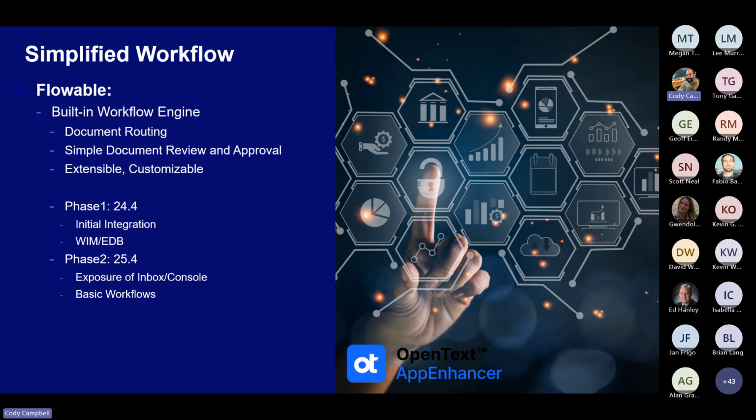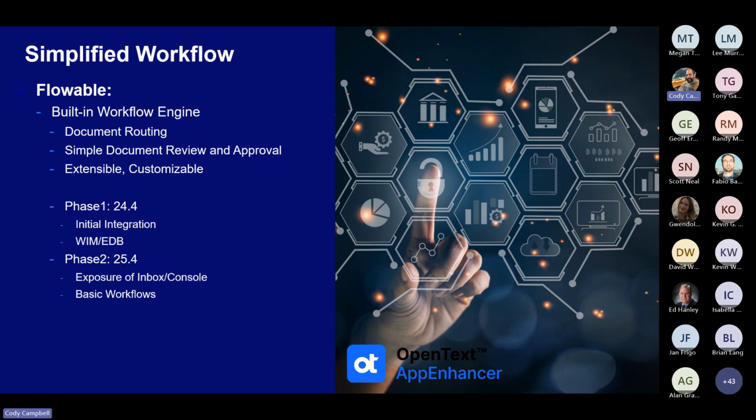But it's really around simple review and approval. Take a look at this document and let me know that you've looked at it, and that's where the approve comes in. It's almost like a simple core signature workflow where all you want is to sign it and have it come back signed. Well, in this case, it'll come back with an approve that the user either approved or denied it. So really it's a basic inbox slash workflow transaction with maybe 2 nodes in it. But it's built in. You won't have to have a developer do anything with it. You can just turn it on and have document routing turned on for your application.